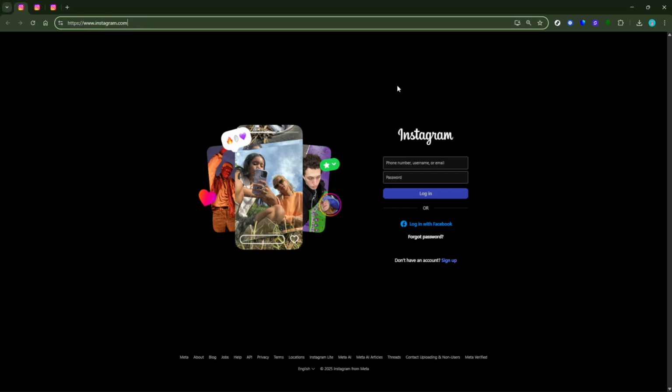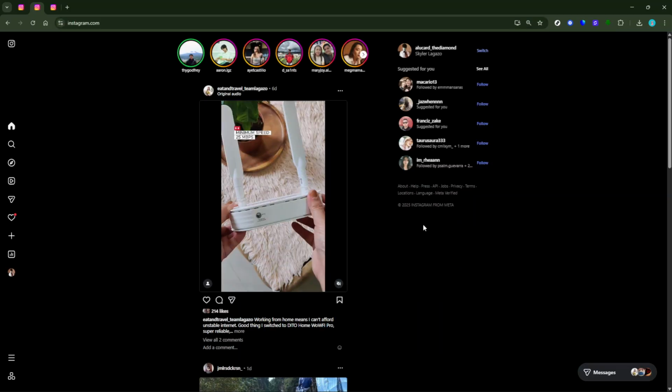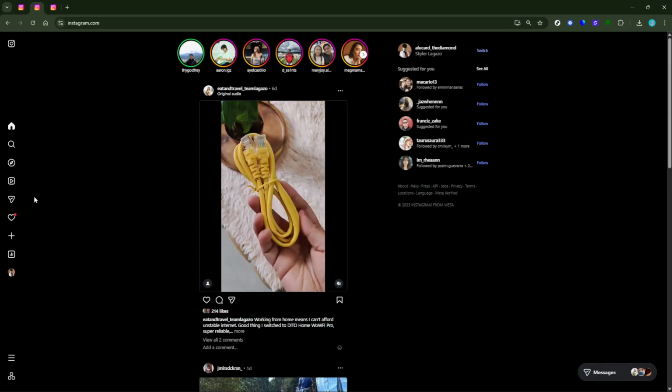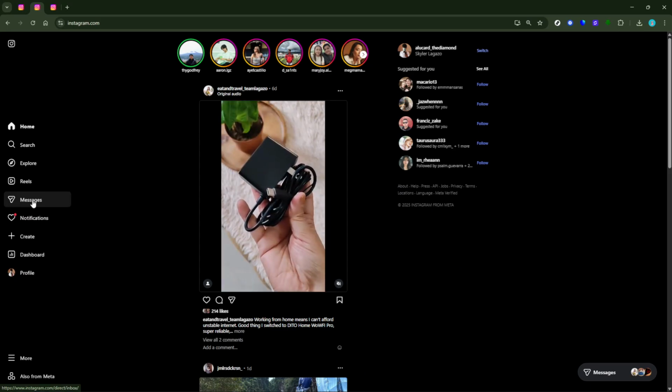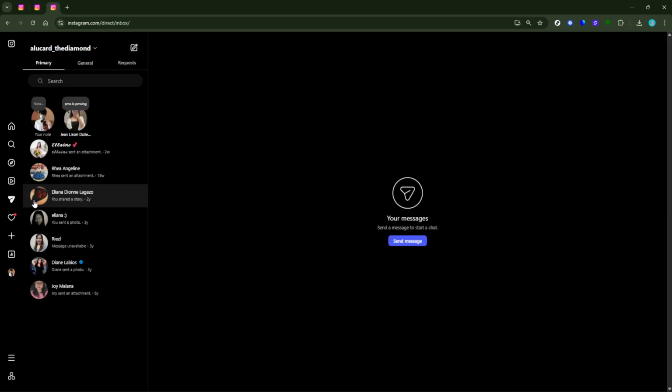If the image you want to revisit was a regular photo in a chat, don't worry. There's good news. You can reopen these anytime. To start, go ahead and open up the Instagram app on your device. Once you've launched the app, what you need to do next is find and tap on the Messages icon, which typically looks like a paper airplane in the top right corner. This will take you to your direct messages where all of your conversations are stored.